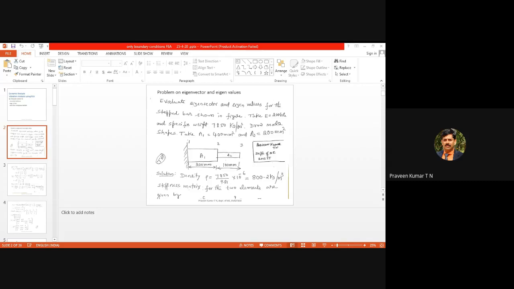You are familiar with the vibration of the cantilever beam. You are familiar with the vibration of the beam itself. You might have already done some problems in your Kama lab or ANSYS lab also. In a similar way, there is a longitudinal vibration, because as per your syllabus, before going for the vibration of the beam, you have to solve some problems on vibration of the beam. You have to solve some problems on vibration of the shaft. The shaft is a rod.